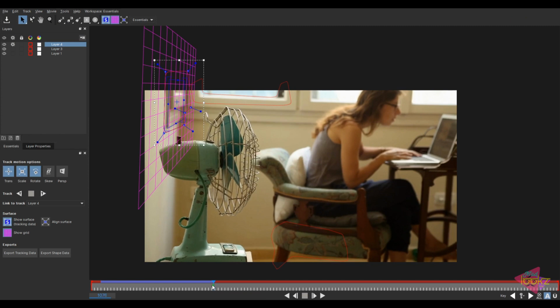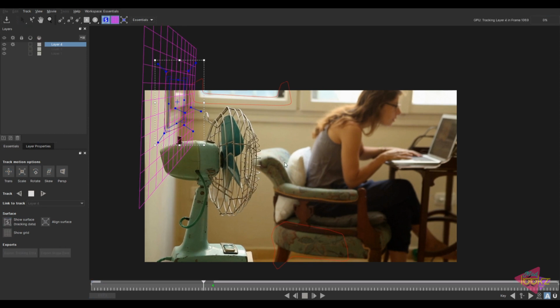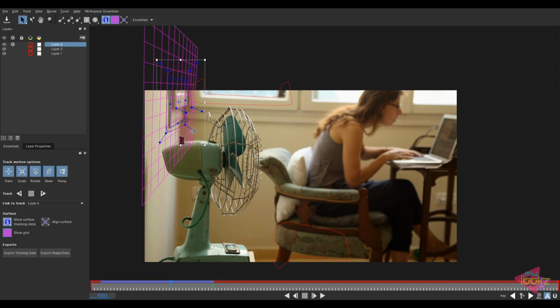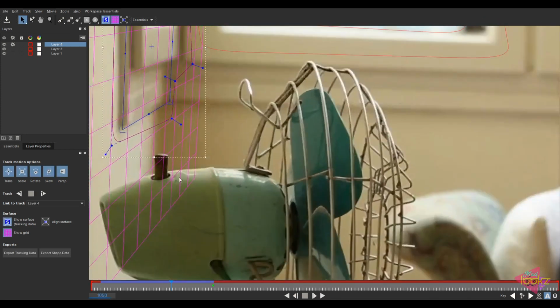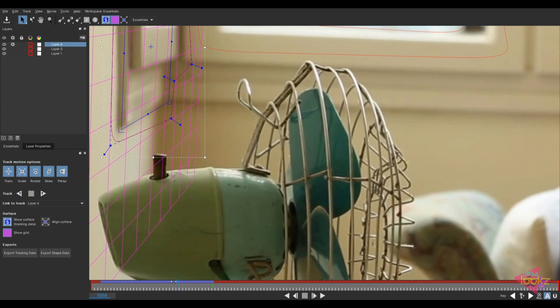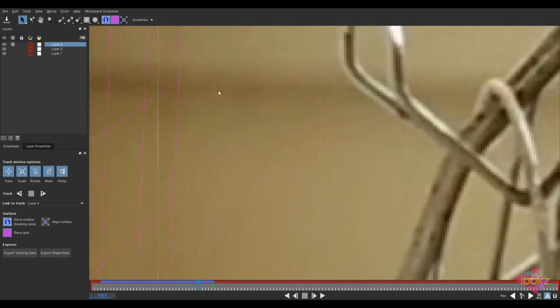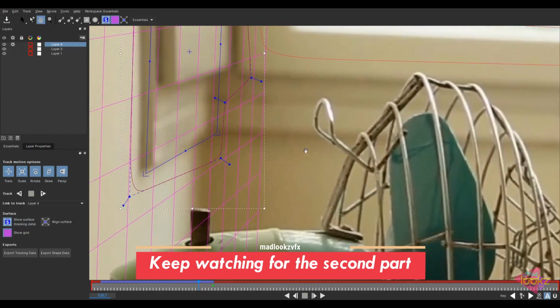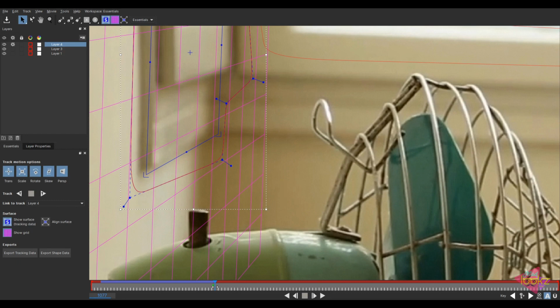Yep, we can see some sort of sliding. So what I'm gonna do is turn on the perspective, because we have a large perspective here. Let's zoom in and check how the track is coming. Okay, oh, we have a lot of sliding here, I think because of the JPEG plate, because it is some sort of compressed image.